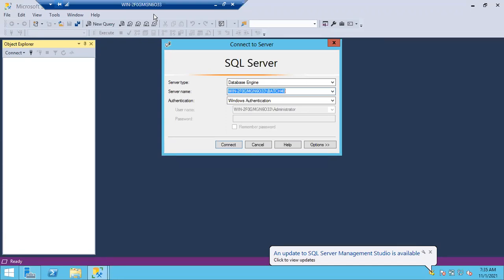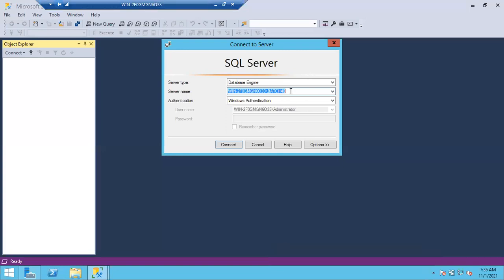Developers don't have remote connection permissions. They won't connect to the server remotely. Only SSMS will be installed on their laptops, so they will open Management Studio, save the server names, and copy paste them. If the server is enabled for remote connections, then they can connect directly from their local SSMS to the particular Windows server, SQL server.